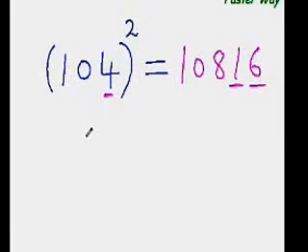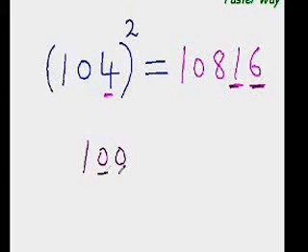So I'm sure you have figured out what I have done here. All I have done is taken the base 100. Now as you know, 104 is 4 more than the base 100. So add that extra 4, that is distance from the base, to this entire number. So it will become 108. Okay. Now for the last 2 digits, because base 100 has 2 zeros, so 2 more places to go. All you need to do is find the square of that distance. So the square of 4 is 16, and you get this answer.